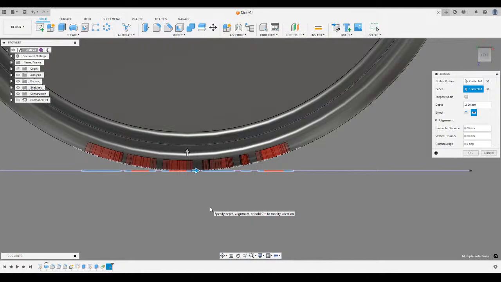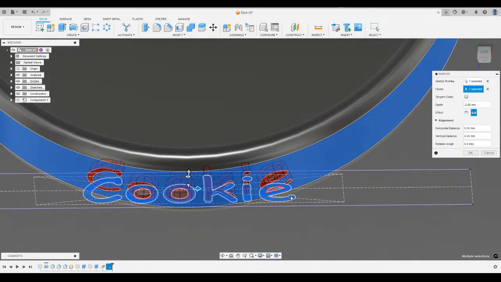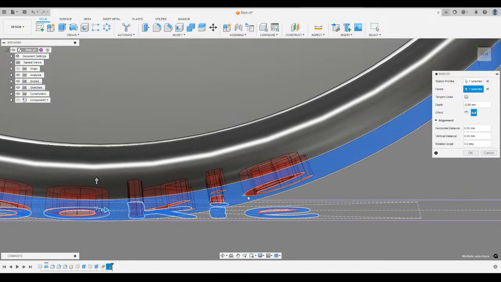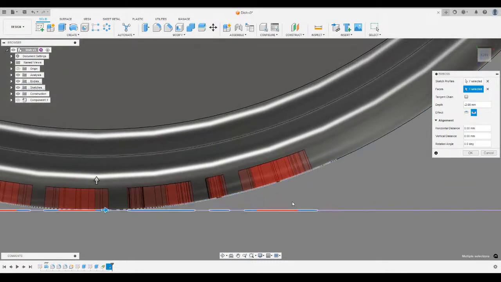So basically the way this works is it's taking the silhouette of these profiles that are on this 2-dimensional plane, and it is projecting them onto this curved surface. And then once it gets that 2-dimensional silhouette onto the curved surface, it is then cutting into the 3-dimensional object